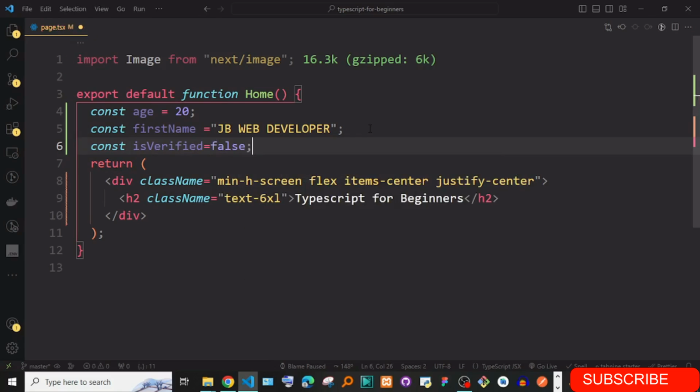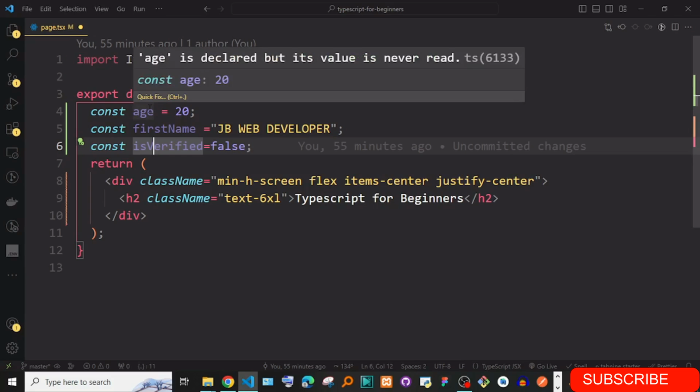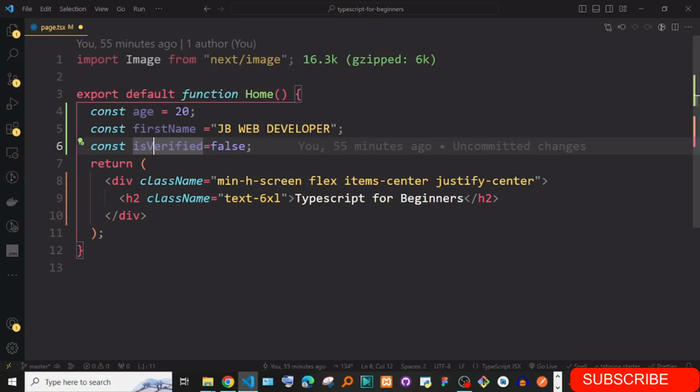So at this point, with simple things like naming variables in normal circumstances, TypeScript does not even require you to write TypeScript to define this, because it is smart enough to know. If I now hover on age, you will see that age is of type number.